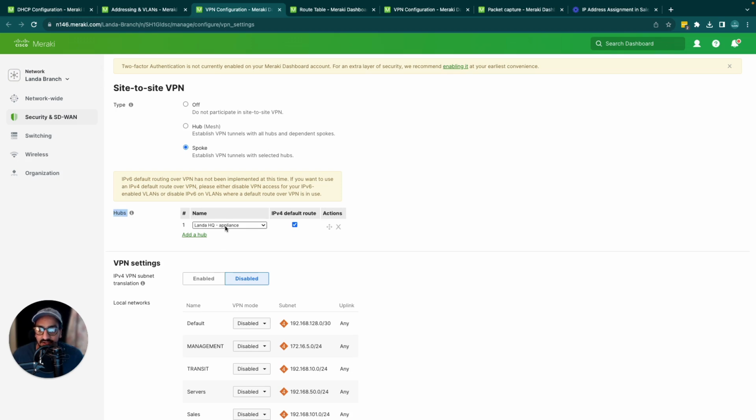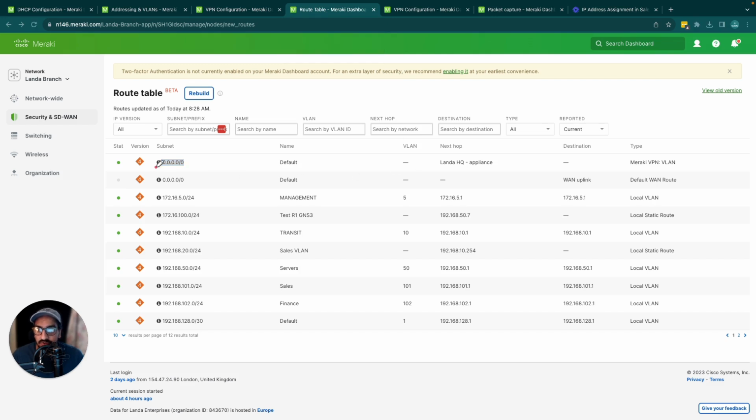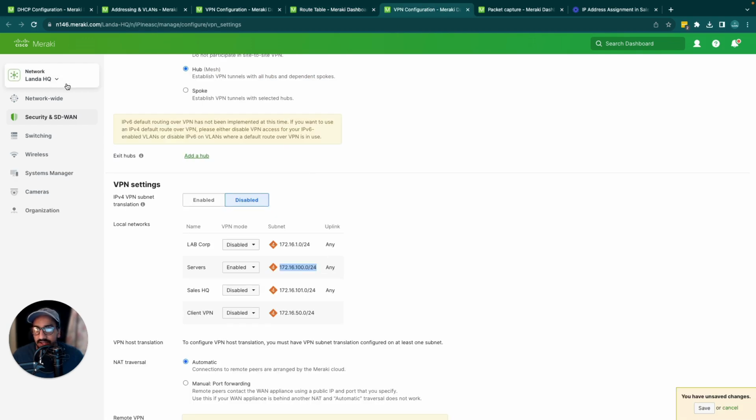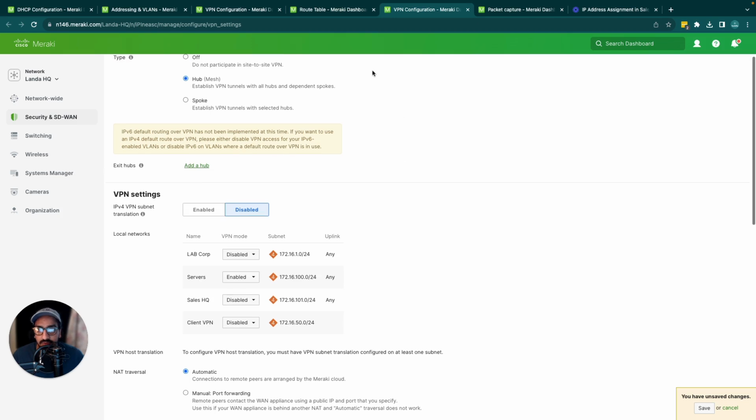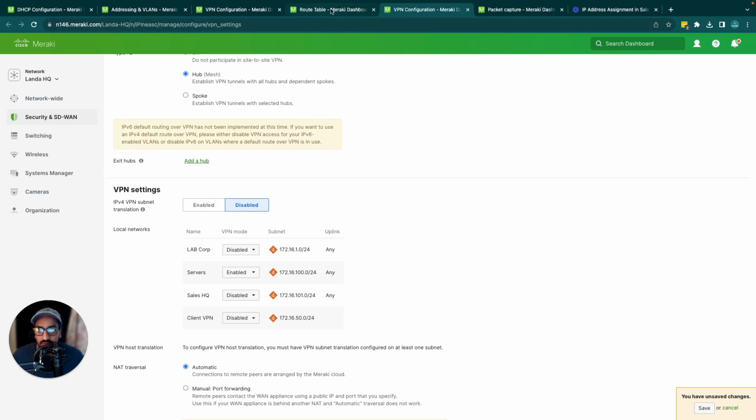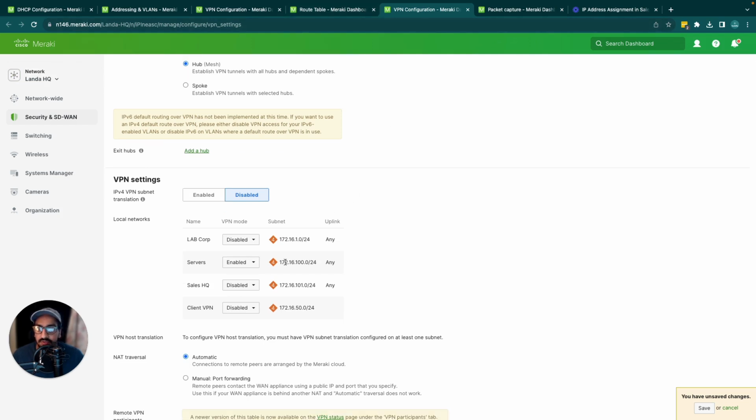Its hub is configured to be the Lander HQ appliance, and it's got a default route configured. If we then go over to the route table, you should see the route, which is this 0.0.0.0. It's the Lander HQ appliance and Meraki VPN, so it's a Meraki auto VPN route. Let's also take a look at the VPN configuration page for the Lander HQ. Here at the moment, although I have a default route on the branch to forward all my auto VPN traffic over to the Lander HQ, if I had a DHCP relay in this subnet, let's say it was